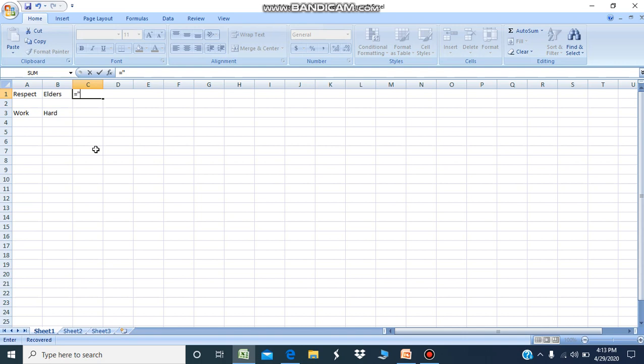First the first cell, then the ampersand character. I have used the ampersand character to join these strings, and by pressing enter you can get the message: respect elders.